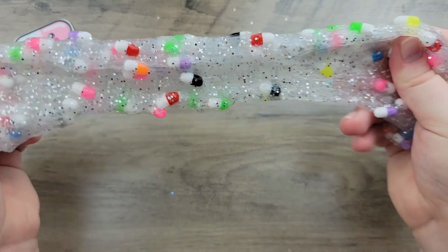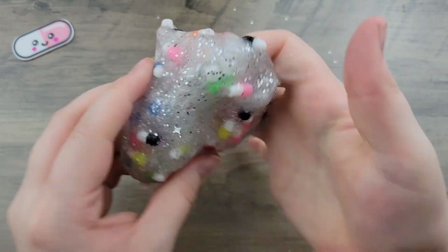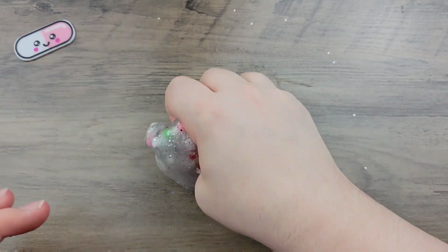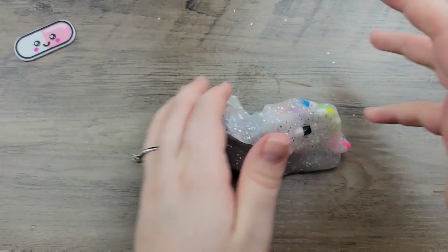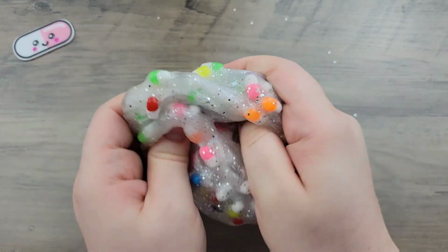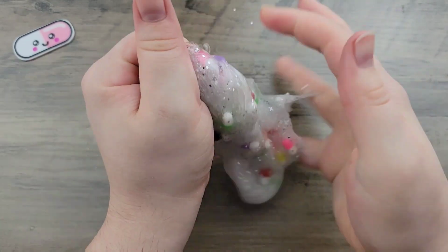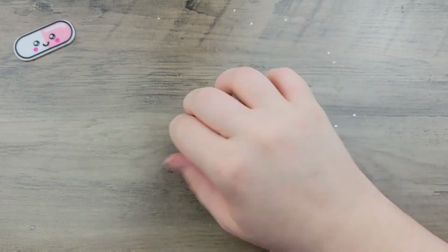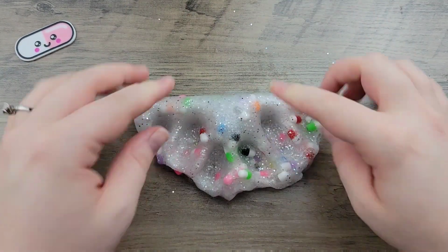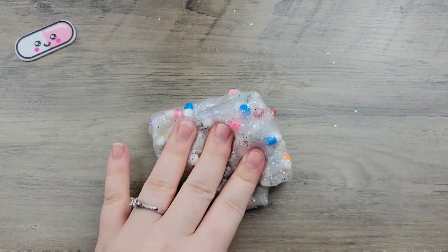I was super impressed with the way it looks and everything about it except for the texture, and this one was pretty much the same. It was just a very normal clear slime. It left a lot of residue like most clear slimes used to do, and there wasn't anything too special about the texture itself, which I guess, you know, it is a crunch bomb slime, so it just needs a generic texture. But since it's only a semi crunch bomb and it's not completely packed, the texture definitely makes a difference, and it left a lot of residue on me, which makes the experience kind of fall downwards, at least for